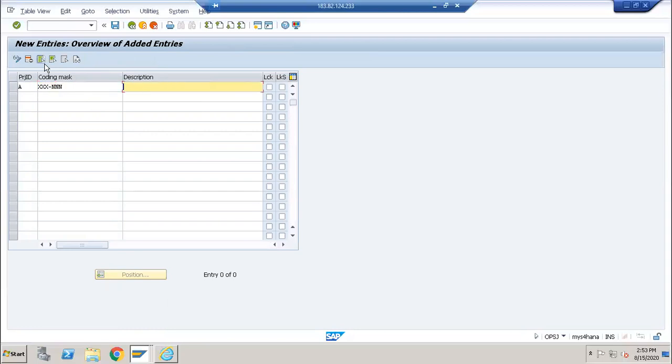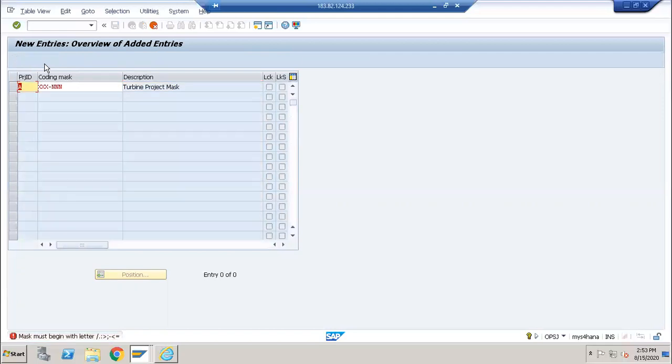Okay, and I will say this as my turbine. Oh, it has to begin. Okay, it is only just 2 length.